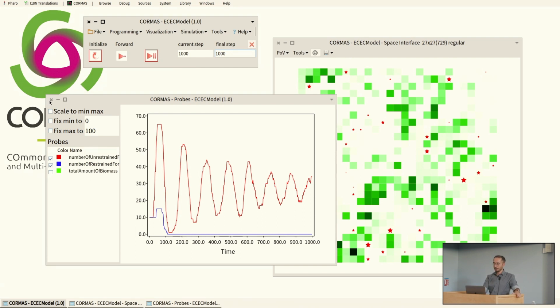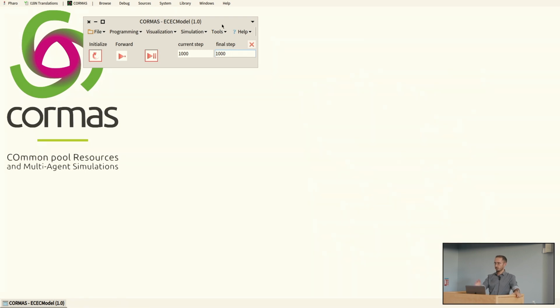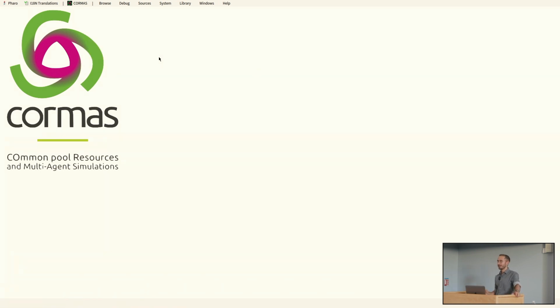But now I will show you some other interesting example. So you can close this view. You can close, and I also recommend you to close CORMAS, like this. Because there is a very strange thing in the implementation of CORMAS that also comes from Visualworks that we're now